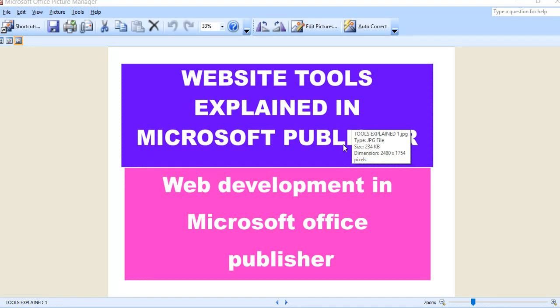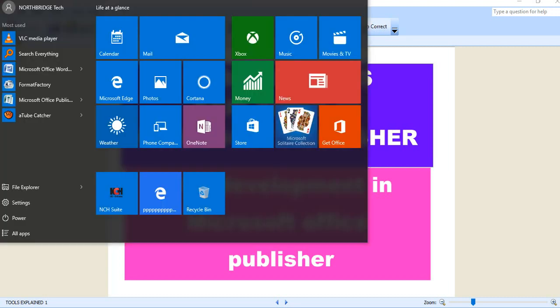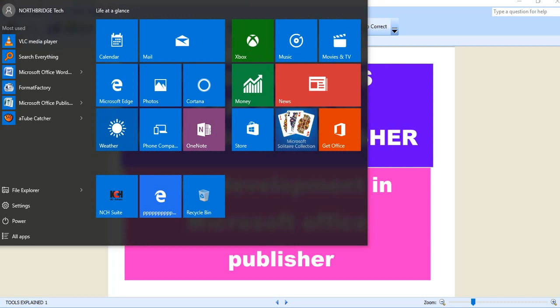Friends, welcome. Let's look at website tools, or let's try to explain website tools as they are used in Microsoft Office Publisher for web development. I shall go to our normal steps of trying to open up Microsoft Publisher